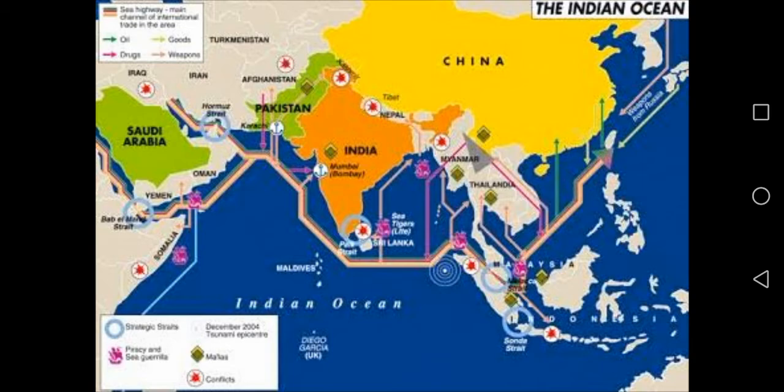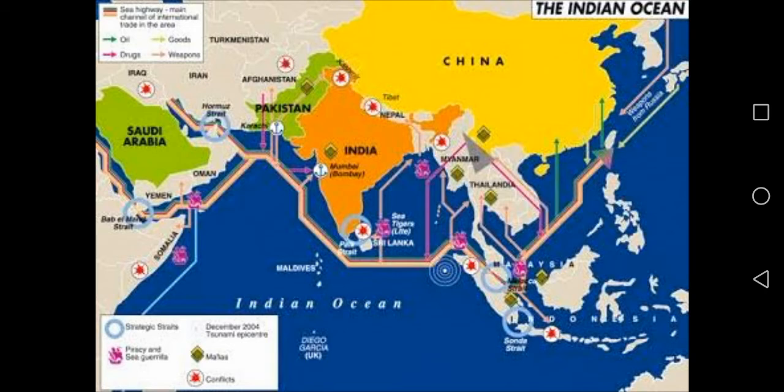So there is connectivity just because of the waterways between the countries, and so many countries are being connected, you can see here, as well as island groups. It is so because all the countries are not rich in all types of products. For example, India is very rich in agriculture products, while other countries like American countries, European countries, Arabian countries, they are rich in other products. As we can say, Arabian countries are rich in oil. Further, we can say Pakistan is very rich in cotton cultivation, as well as gas and oil also.